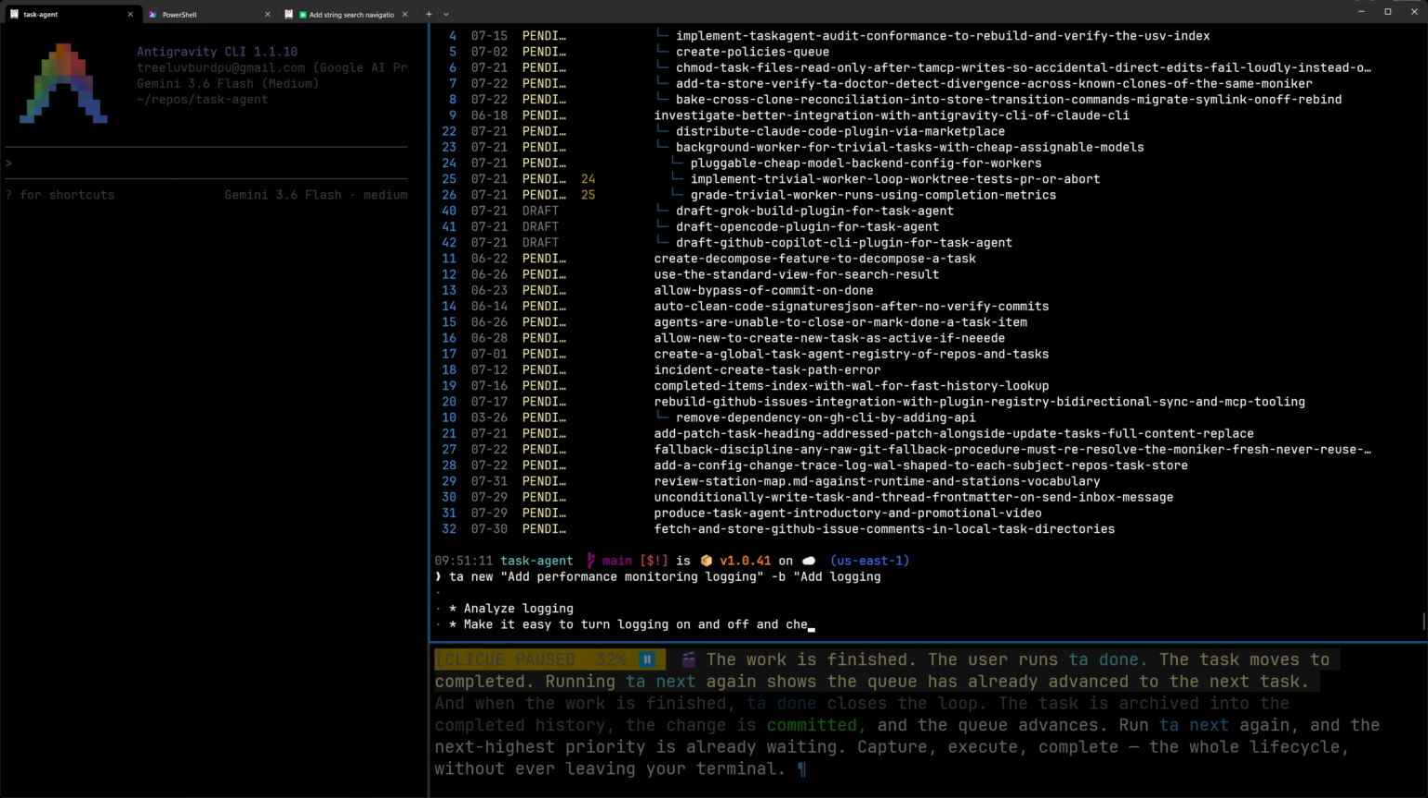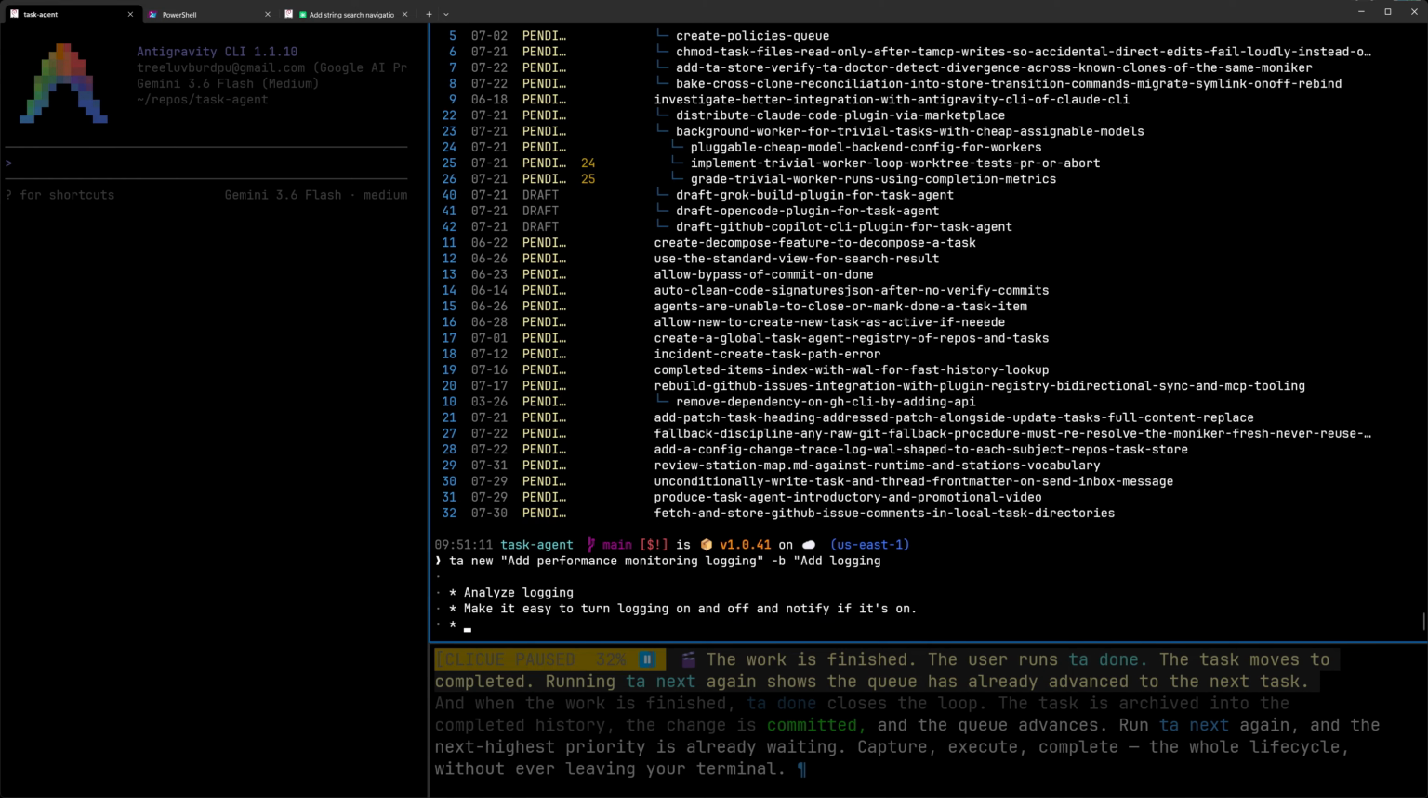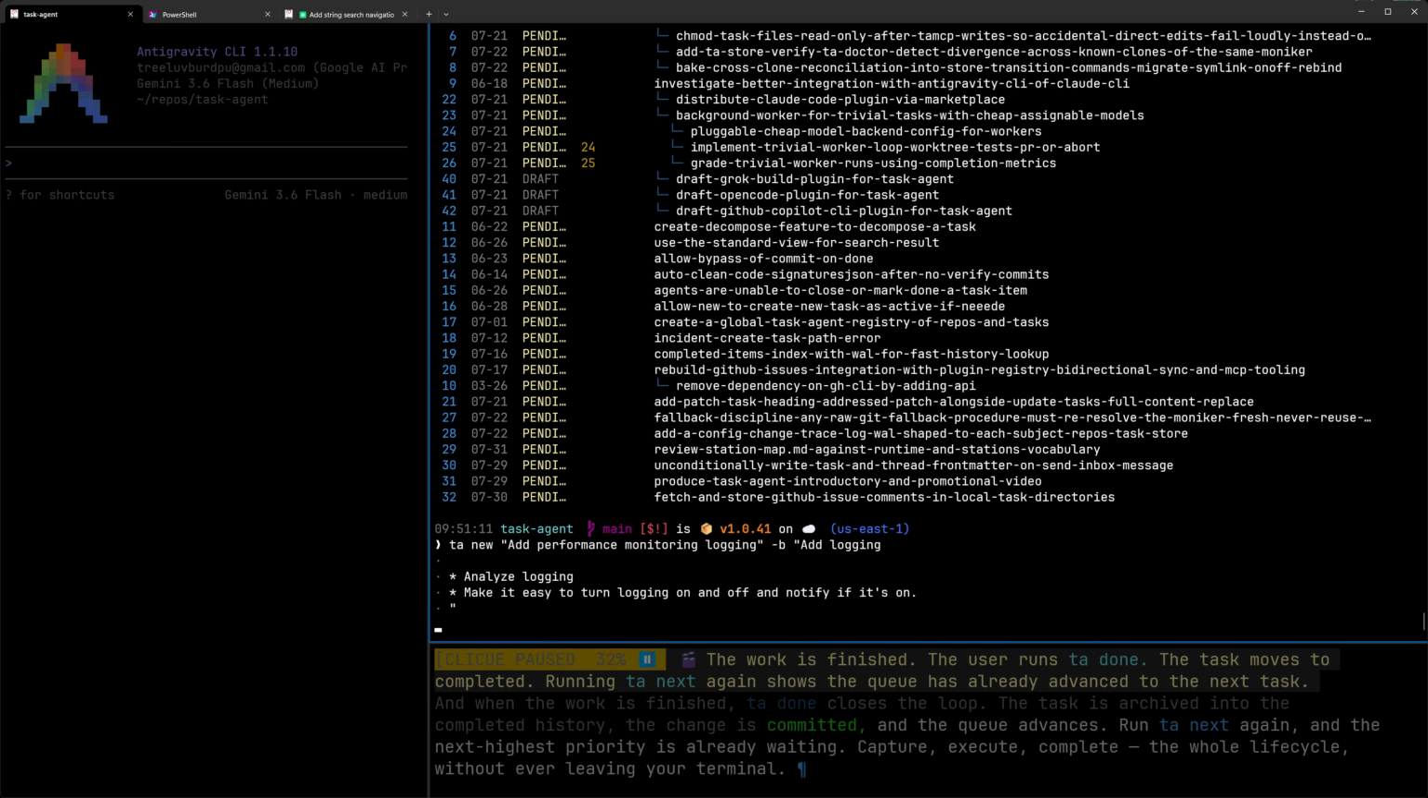and notify if it's on. Anything else that I need in performance logging? Probably not. Okay, so that creates the task there, but let's show, I'm going to show how it's marked done to create